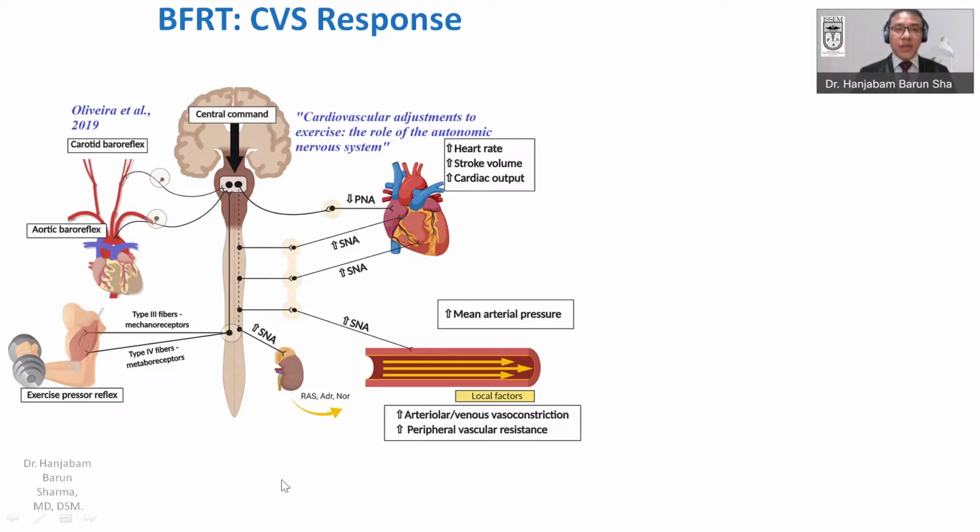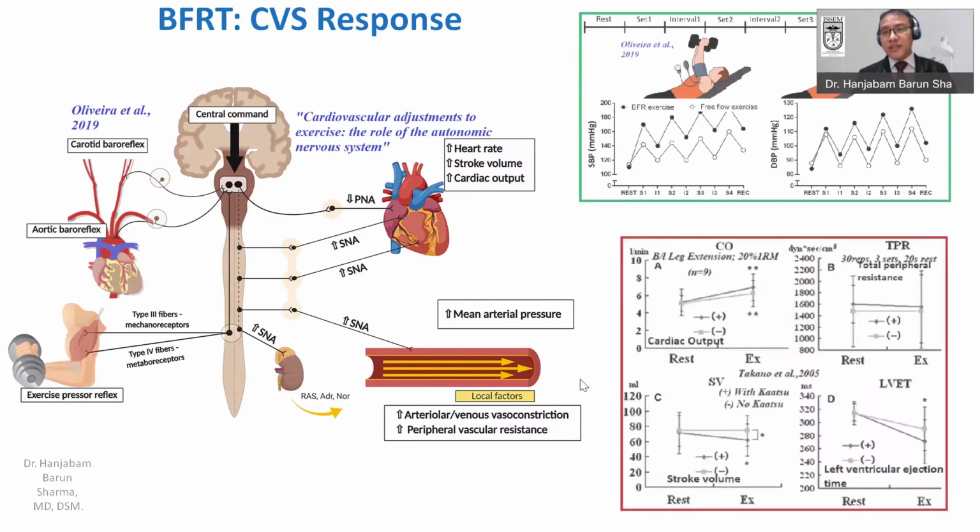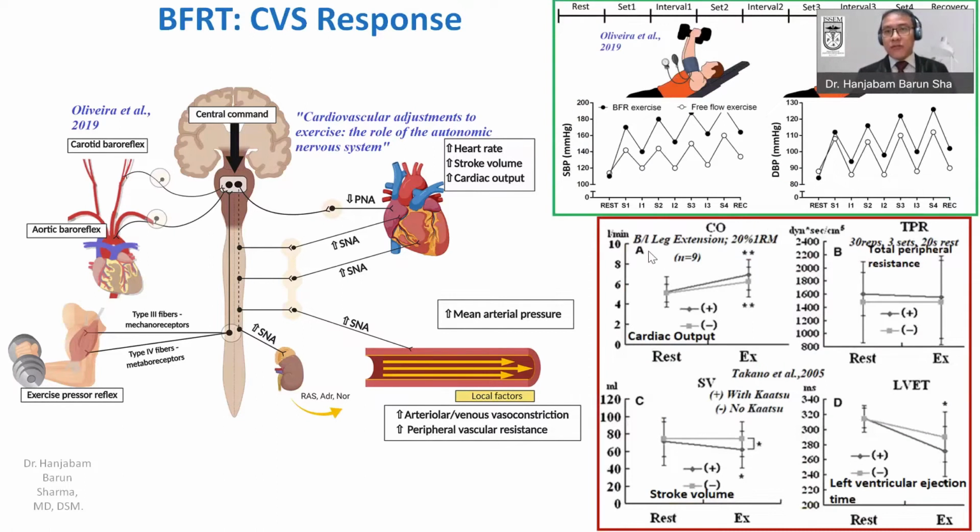That means during the BFR, if you do BFR, the increase in sympathetic discharge will be more as compared to the exercise without BFR. Now, you can see this from this graph also. For example, this is Oliveira et al. In 2019, they have proposed that if you do exercise without BFR and BFR exercise, you can see